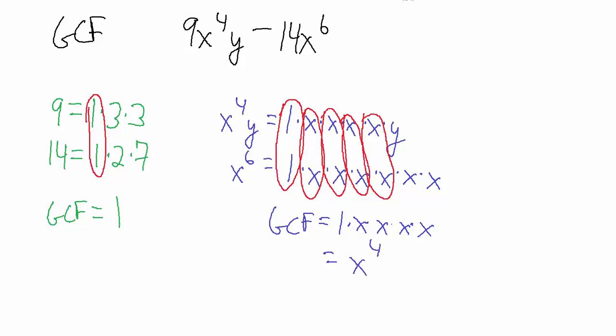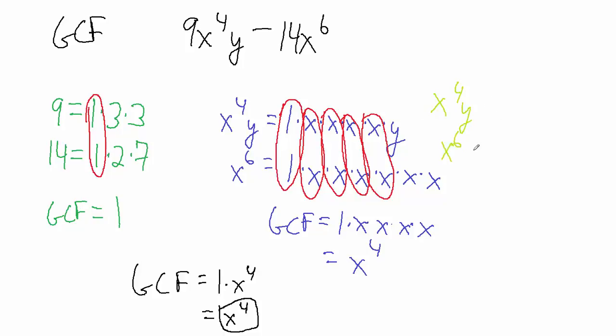Okay, so then overall, the greatest common factor of the entire algebraic expression is this 1 times that x to the fourth, which is just x to the fourth. Okay, so the greatest common factor of the entire algebraic expression is x to the fourth. Okay, now about that shortcut I was talking about. So x to the fourth y, let's come over here and write this off separately. X to the fourth y